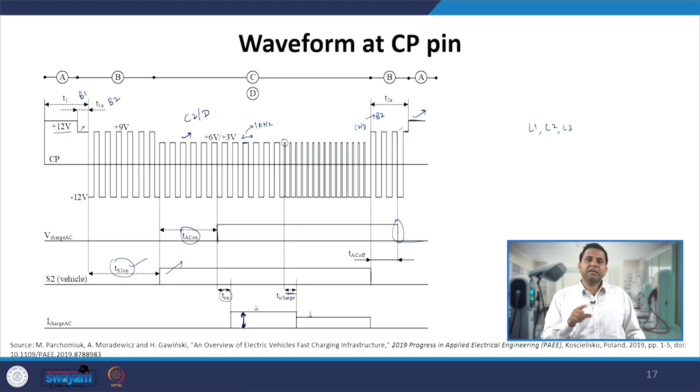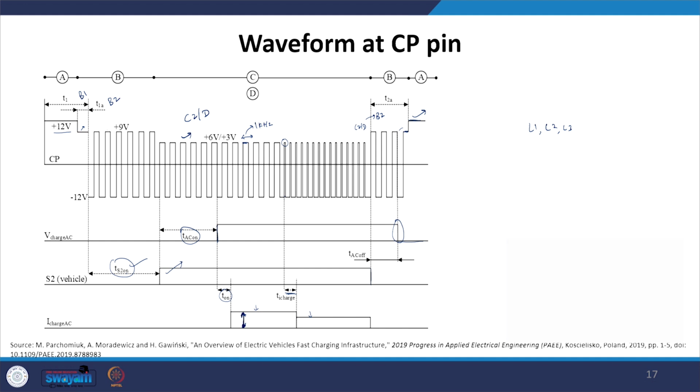Using the duty ratio information of the PWM, the EVSE tells the EV that this is the maximum current which it can draw, and then the BMS will do the calculation, look at its lookup table or its algorithms, and decide, okay, this much maximum current EVSE can support, and let me demand this much current which is less than that maximum value, and then the charging will take place. After that, if the EVSE cannot support that much current, it will change its duty ratio.